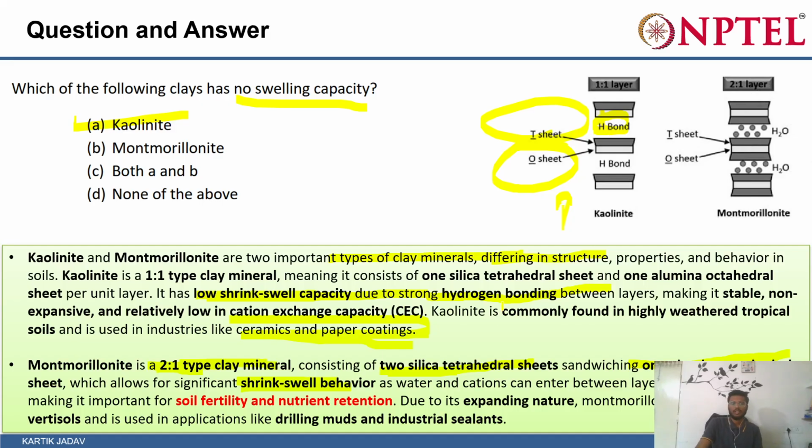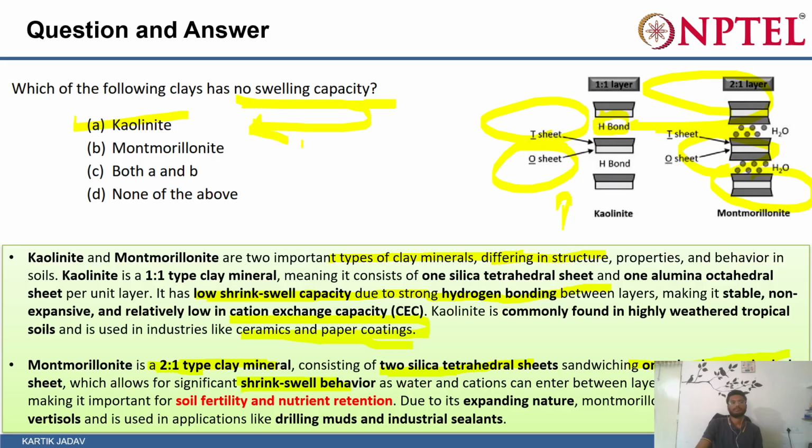So in general, it is two silica tetrahedral sheets sandwiching one aluminium octahedral sheet. Due to that, it has a higher cation exchange capacity. It helps us to make better soil fertility and nutrient retention. That's why the correct answer for no swelling capacity is